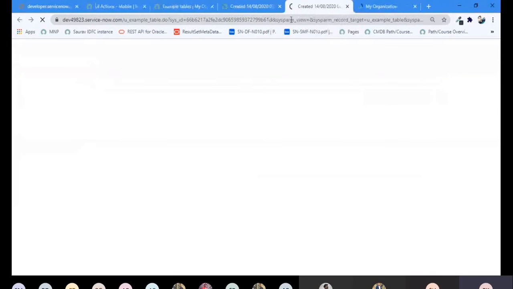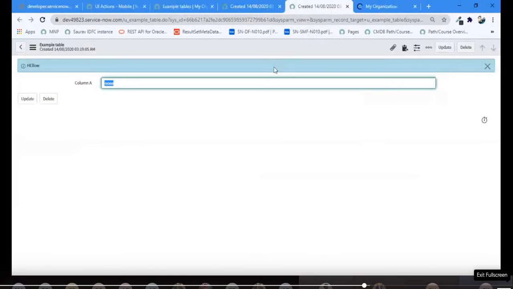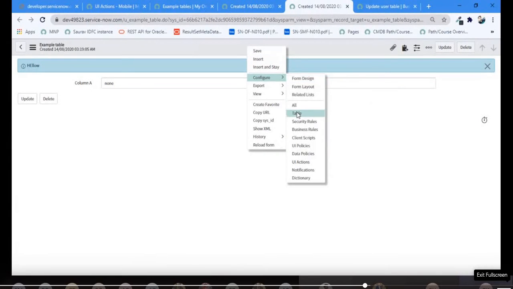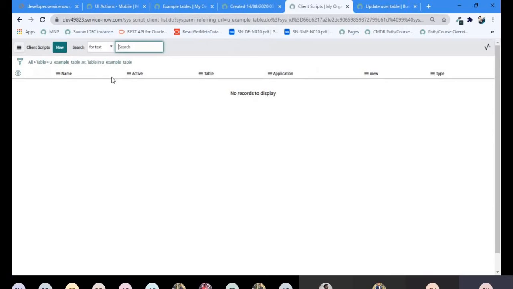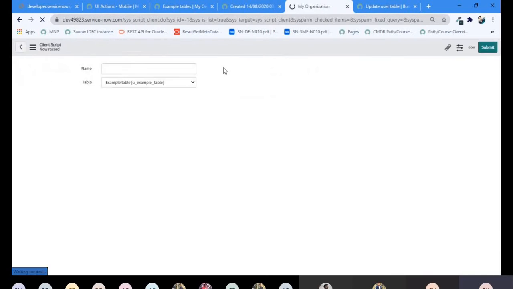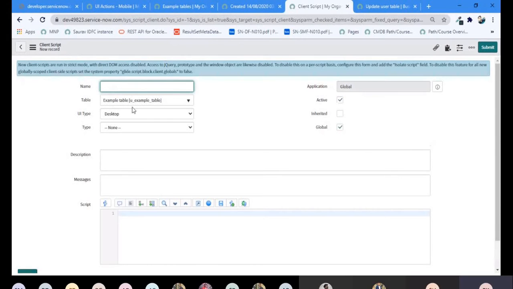Now you guys have to use client script here. So client script will read your data from this display business tool. How it will read? Now I will cover client script as well.